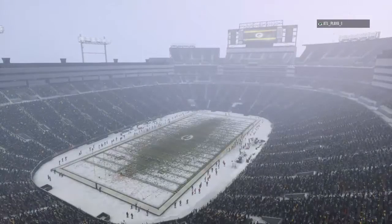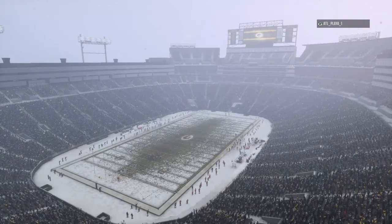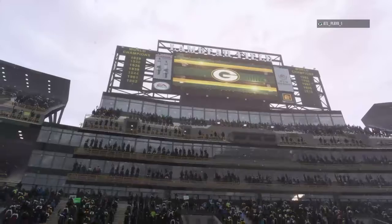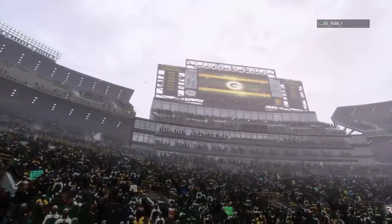So for the Packers, the win moves them a couple games over 500 now at 7-5. And they'll get to stay home again next week as the Tampa Bay Buccaneers come to town. Meanwhile, for the Lions, they fall to 6-6 now on the campaign. And they will try to